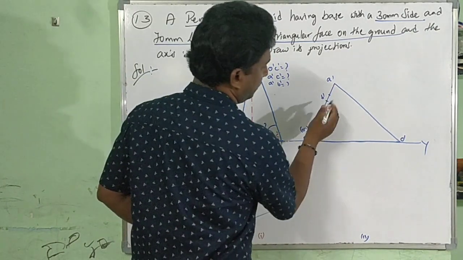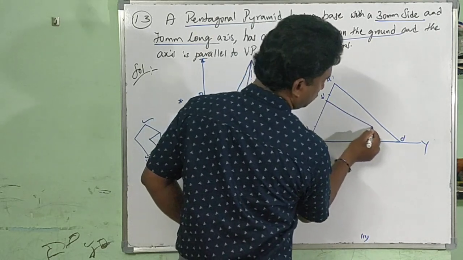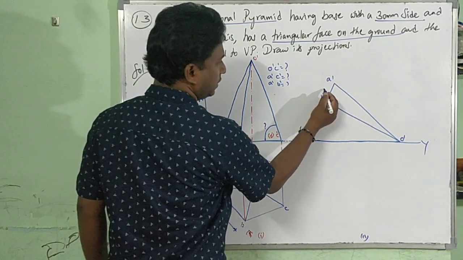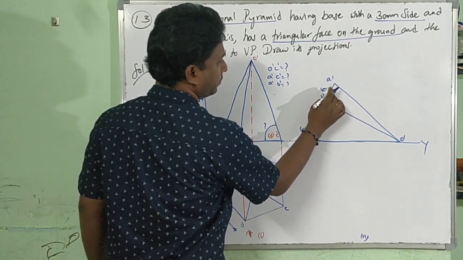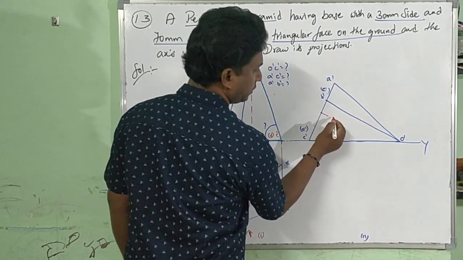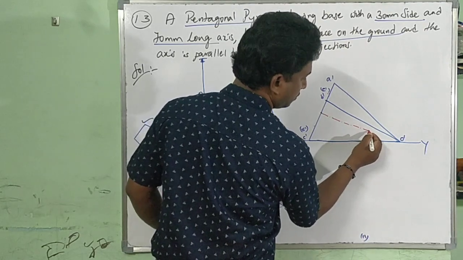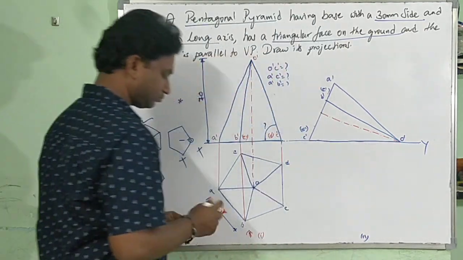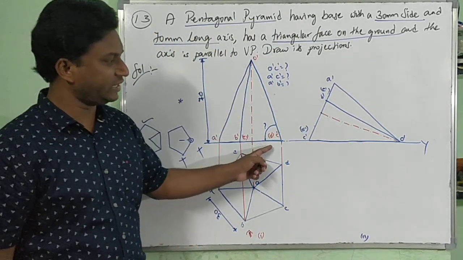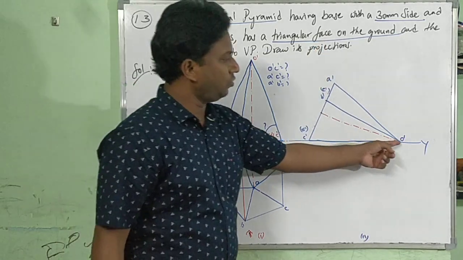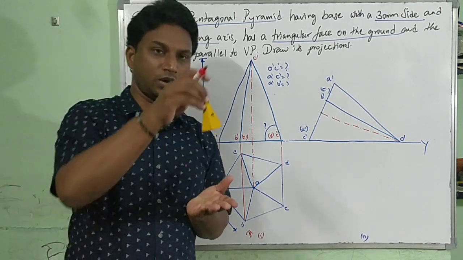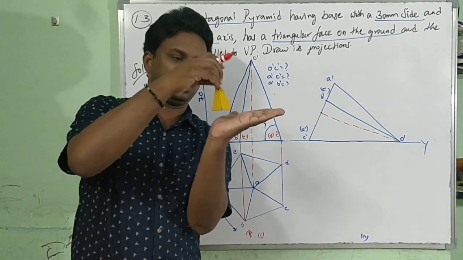Remaining as usual. Now from here, B dash to O dash, O dash C dash, O dash D dash, O dash E dash; E dash comes here in brackets. Now the axis point location is also plotted. It is the same rotated, but with respect to this, the triangular face O dash, C dash, D dash is on HP. This cross-marked triangle is lying on HP.